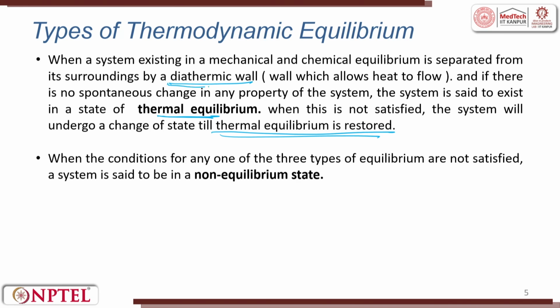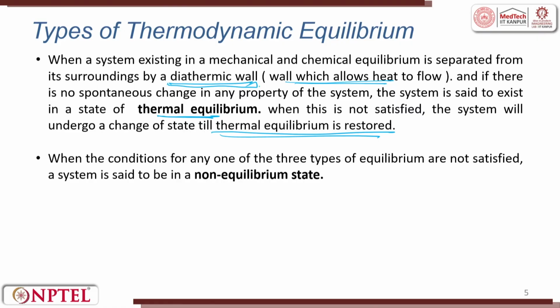And this is pretty interesting, a diathermic wall which allows heat to flow. For example, you can have a cloth as a barrier, as a wall, wherein heat tries to move out. For example, when we make sweets, we pour the sweet on top of a wet cloth and allow it to go from a hot condition to a cold condition, and the cloth behaves like a diathermic wall, allowing only the heat to flow through, right. So, when the condition of any one of the three types of equilibrium is not satisfied, it is called a non-equilibrium state.